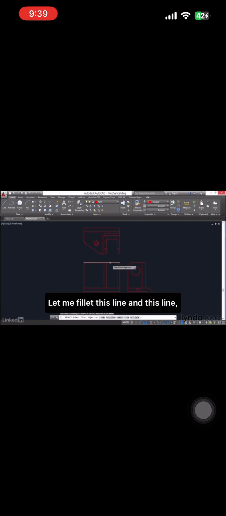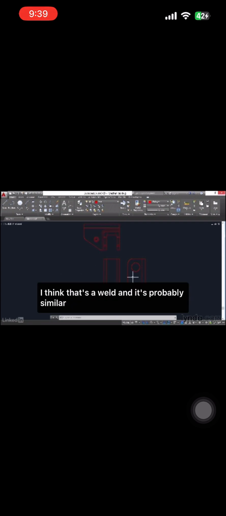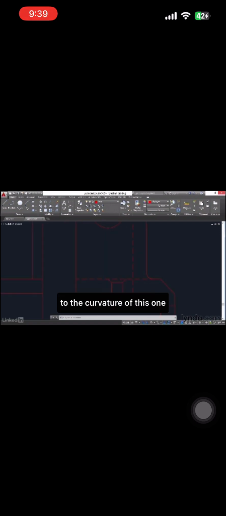Let me fillet this line and this line, and I join them together. Again, here and here. So that's starting to look better. I notice that there's this strange dashed line here. I think that's a weld, and it's probably similar to the curvature of this one, and it's going to be right over here. So I'm going to mirror